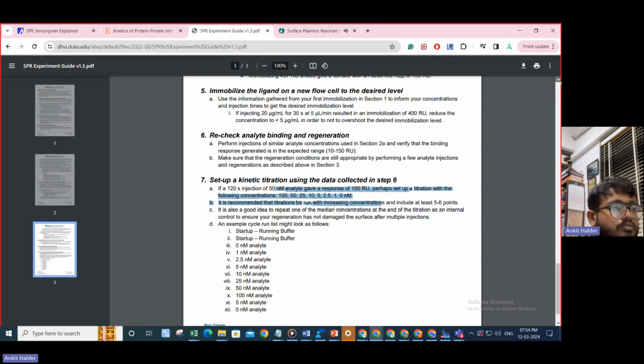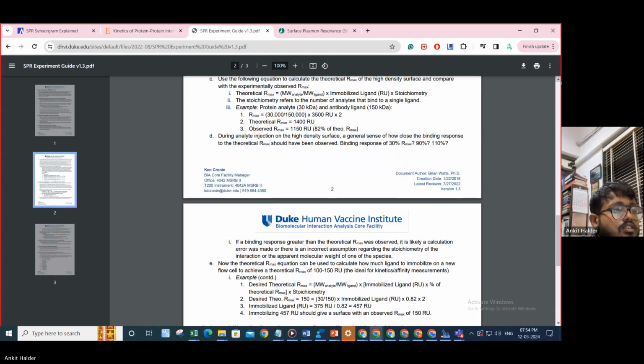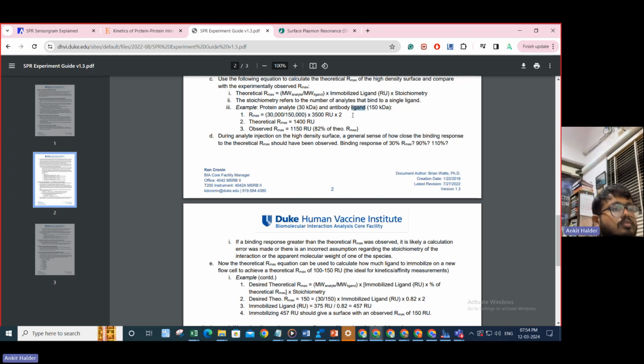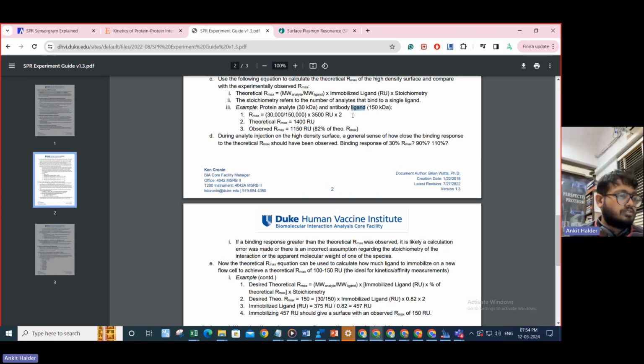So this is for the guideline. Okay, so immobilized ligand, and then 1152. So if you say 100,